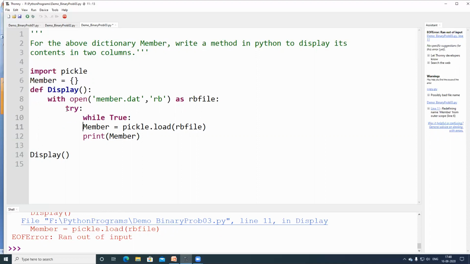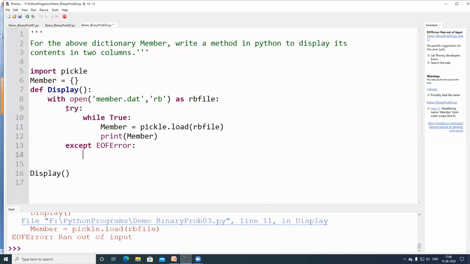I hope now this doubt is clear, why we are using try except there.